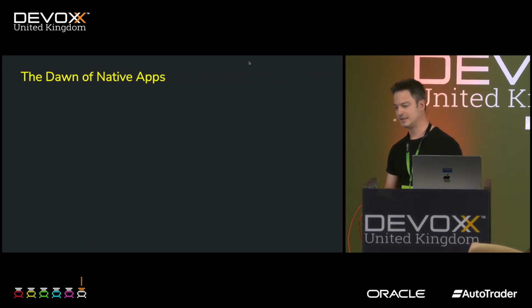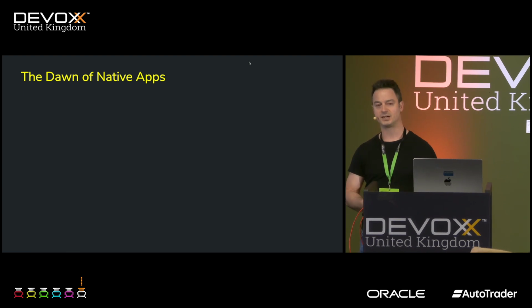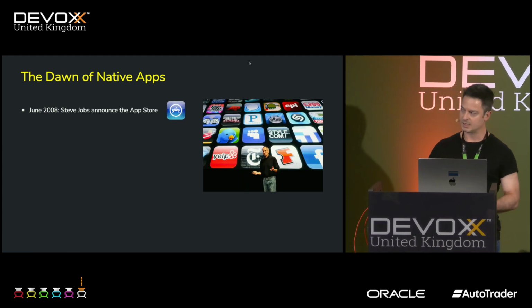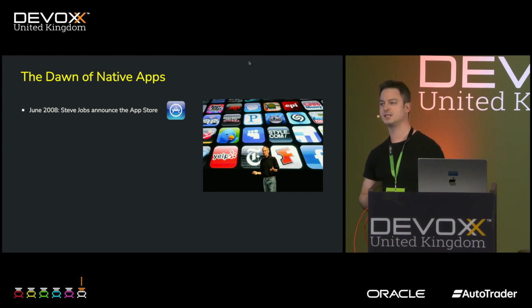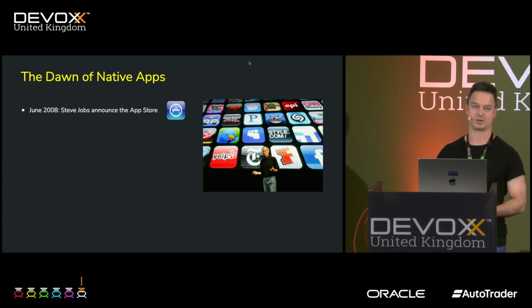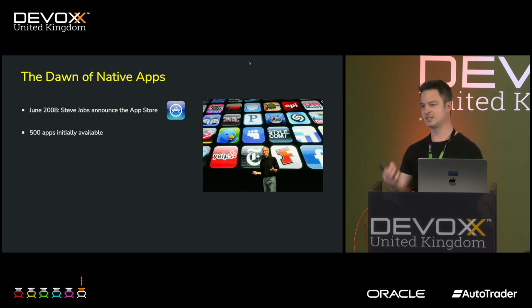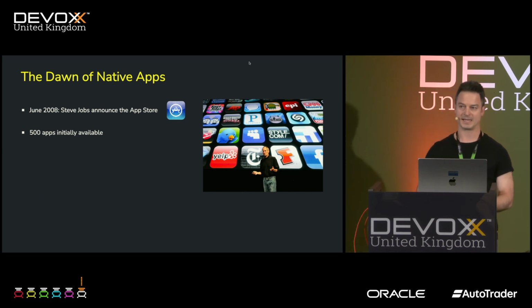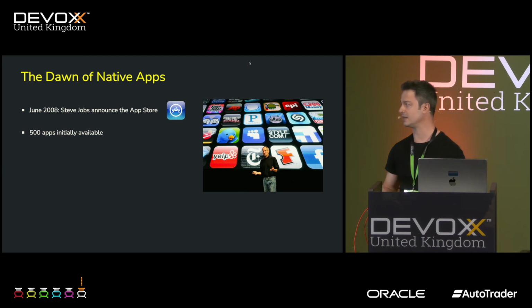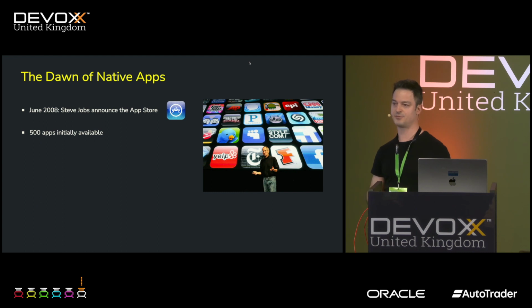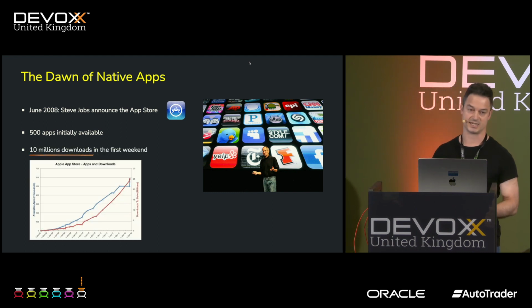So let's start when it was the starting point for native apps. Indeed, we can identify as the dawn of native apps June 2008, when Steve Jobs announced the App Store. This was a real game changer because we had, for the first time, a centralized platform where the user can access and download native apps directly, and developers simply upload there. At the beginning, roughly 500 applications were available, 100 for free and the others paid. But since the first weekend, it was a really big success.